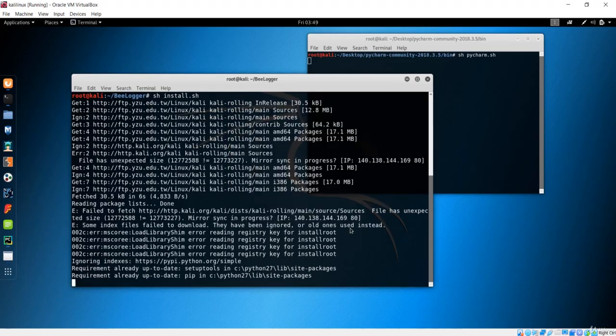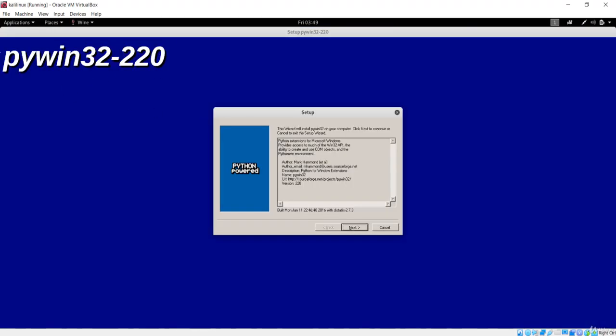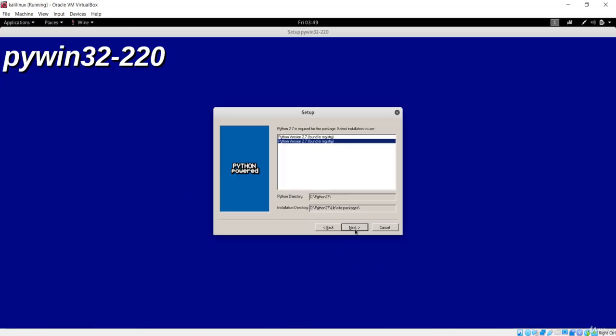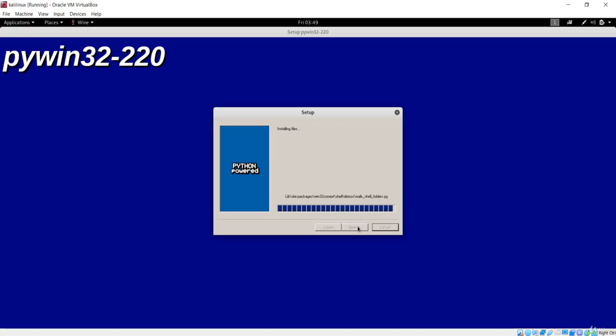And after that, let me just press finish. So next is going to be PyWin32. It is going to install this package again, so let me press next. It is going to search for the Python directory where Python is downloaded, and it is obviously downloaded in my case in the C drive, and basically this is in the Wine configuration. So let me just press next, and next again, in order to install this PyWin32.